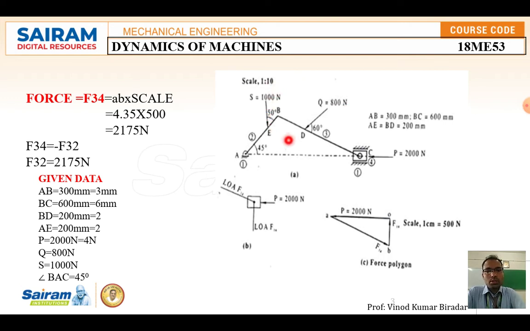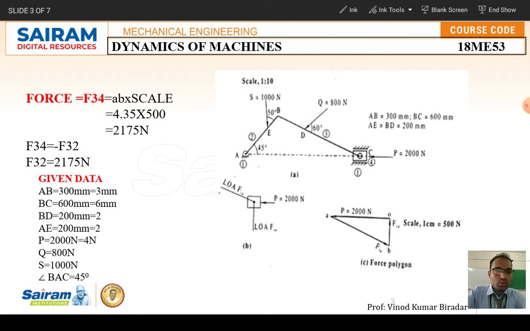Now how to denote the marks. Where the fixed point is there, you can call that element number 1. At point A and at point 4, both are fixed positions, so you give the naming as 1. This is the second element, and B to C is the third element, and here the piston is kept in between, so the piston is denoted as the fourth element. So this is the complete description of the diagram.